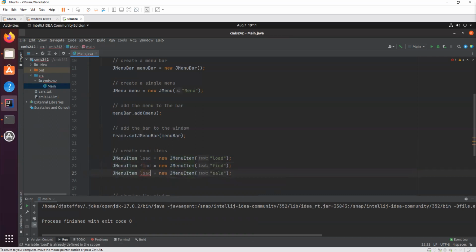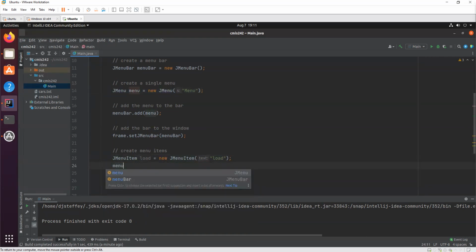We want to load cars from a file. That's what that menu item will do. We want to find a car in our list of cars, and then we want to be able to sell a car. So we're going to create those menu items, and we have to add them to this menu.